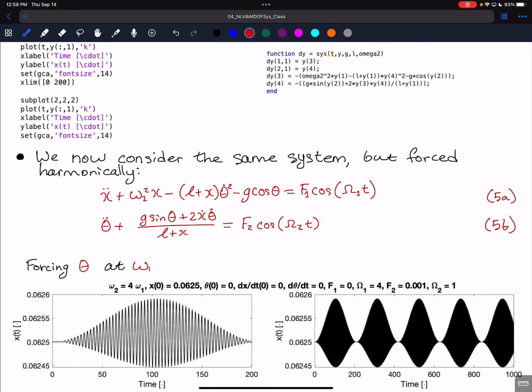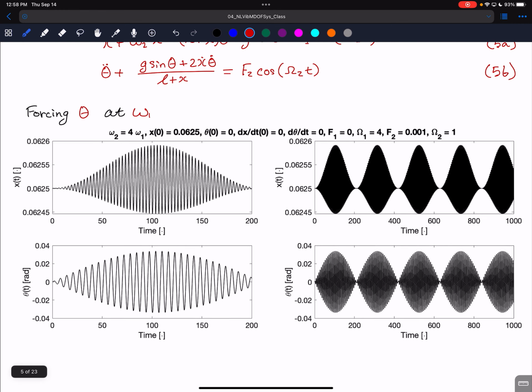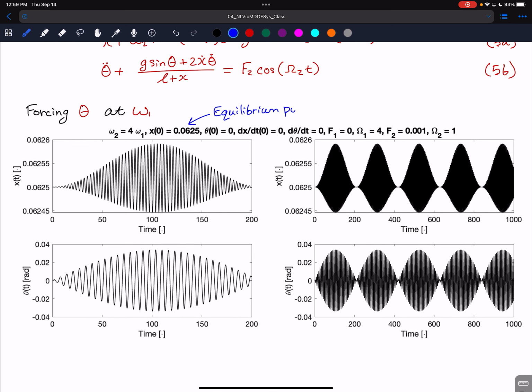Okay, so the first case we're going to look at here is when we're forcing theta at the natural frequency omega 1. Here, because I've increased omega 1 to 4 rather than 2, this is now our new equilibrium point for x. And in this case, we're not forcing x, we're only forcing theta, and yet we still see this beating phenomena that occurs in the sense that